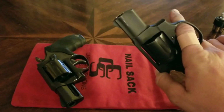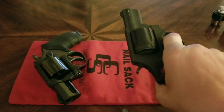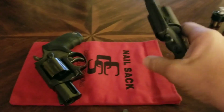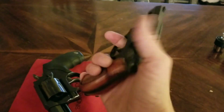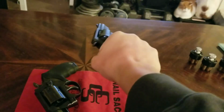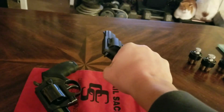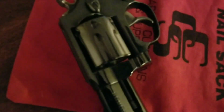But yeah, it's a cool piece. I like it a lot. It's a really nice little gun, looks like a little mafia hit gun, I guess. But especially with the magna grips, it feels great in my hands. And I don't know, it's a nice gun. I'd recommend it to anybody. I wish I could have gotten one of the older ones that have the metallic finish like the 617 has here. But